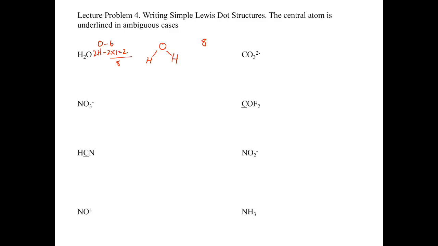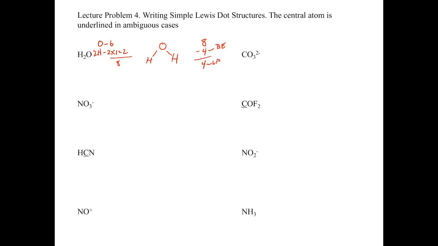accounting for our valence electrons. So over here, I'm going to write our total number of valence electrons, and then I'm going to subtract the number of bonding electrons that I put into the skeletal structure. So we're going to take away 4 electrons. There's 2 electrons in each of those bonds that we drew. So this is going to leave us with a grand total of 4 electrons, which we're going to now start